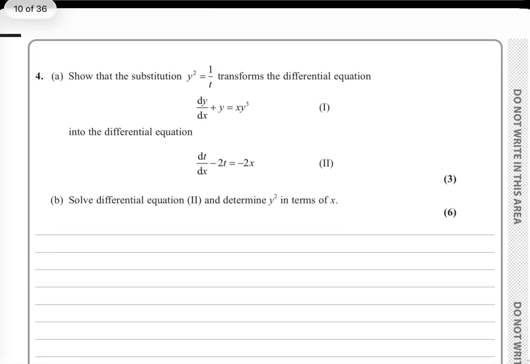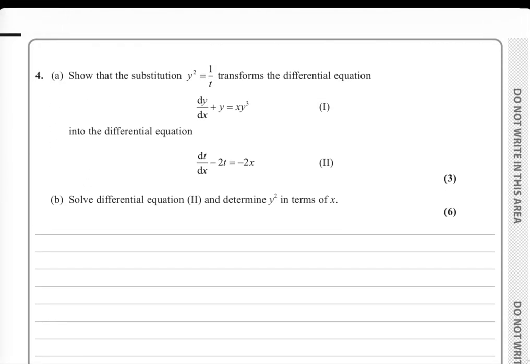On to question number 4. Show that the substitution y squared equals 1 over t transforms differential equation number 1 into differential equation number 2. I can see looking at the first equation that we are going to need y as well as y squared, or perhaps instead of y squared. So if I write that like that, we're also going to need dy by dx,